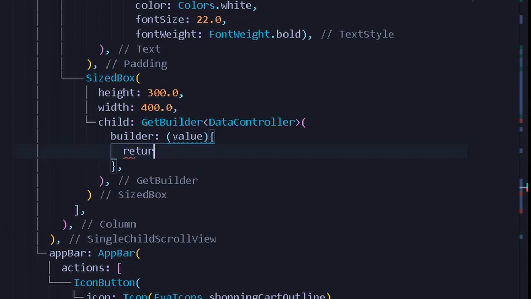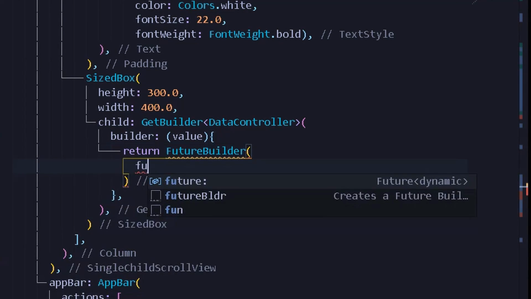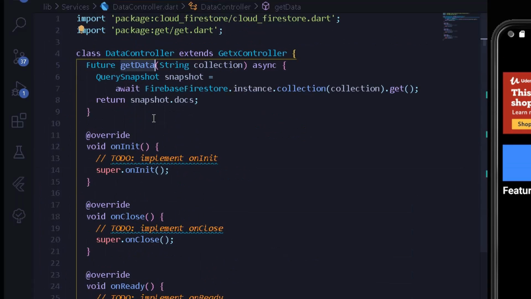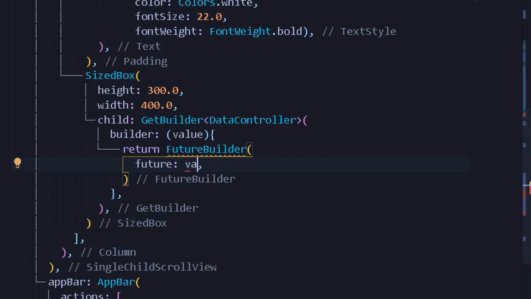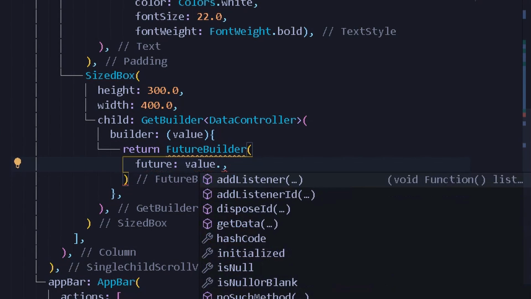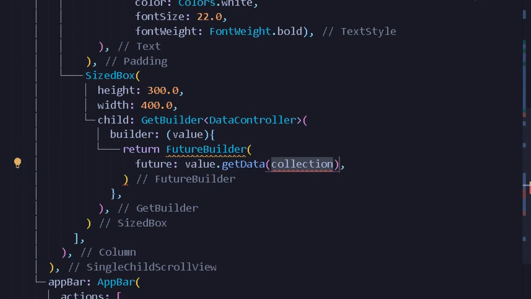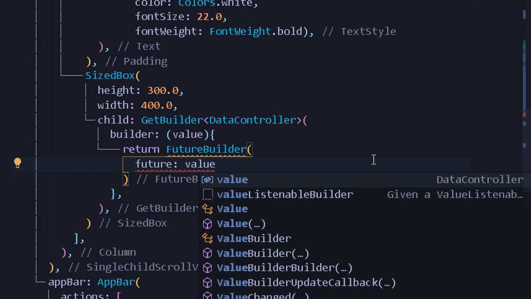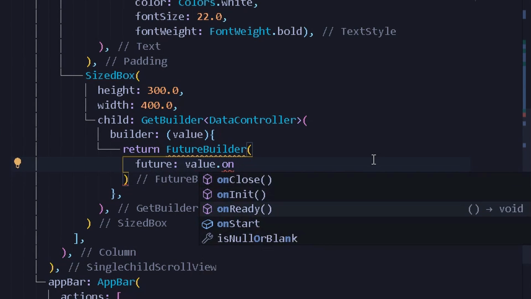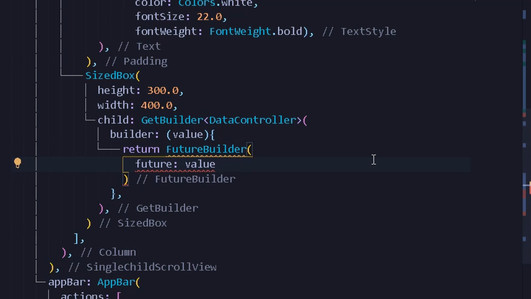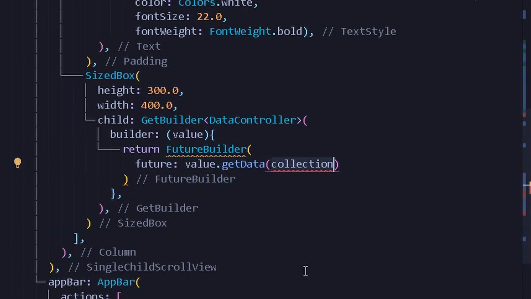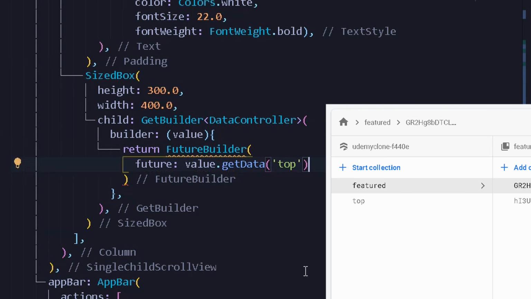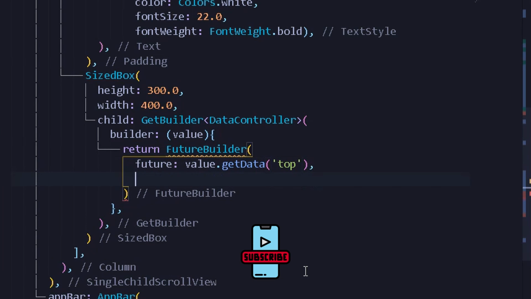Alright, so here I can simply write return FutureBuilder. So under our FutureBuilder, first of all we will have a future. Now to access the following future from our DataController class, we need to take help from our value. So first of all I will simply write here value dot. Now here from dot you can simply get dot getData. So here instead of having getData I can also write value.onClose, onInit, onReady, which are all the defined methods under our DataController class. So here I can simply write value.getData, and from the collection I can simply provide a collection of top. So here after providing a future to our FutureBuilder, we will have a builder,